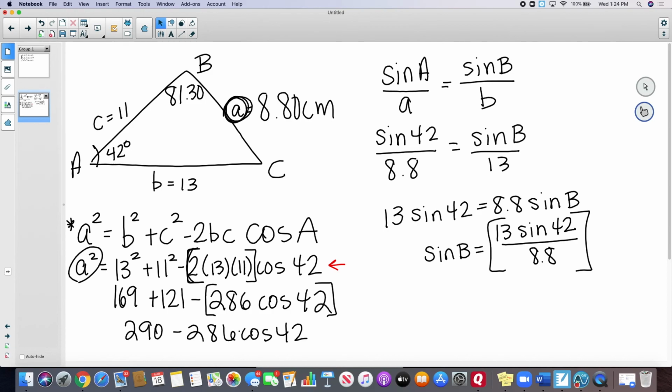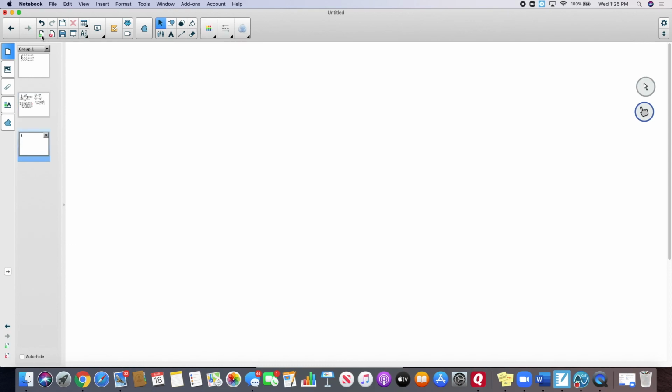Now, at this point, to find C, all you need to do is add these two together and then subtract from 180. So you can still do that. You don't have to do a law of sines or law of cosines. So you're going to do 42 plus 81.3 and then subtract that from 180, and you should get 56.7 degrees. Okay? All right, let's do another one of these. And then after we do another one together,